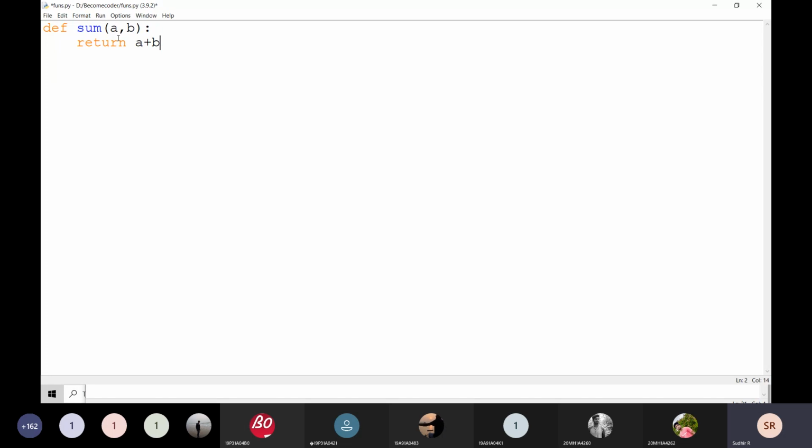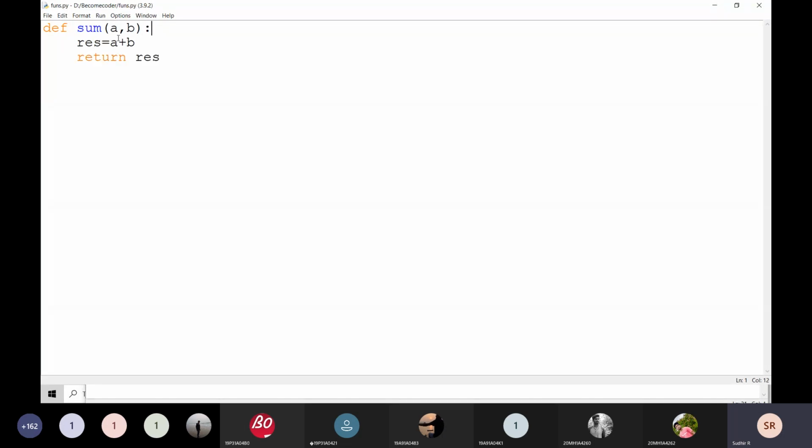For example, res is equal to a plus b, and I am going to return res. Just simply, when we are writing this, this is going to be a function definition. You have to write the syntax like this: def keyword, then the name of the function, the function arguments, the block of statements, and you have to return the result.